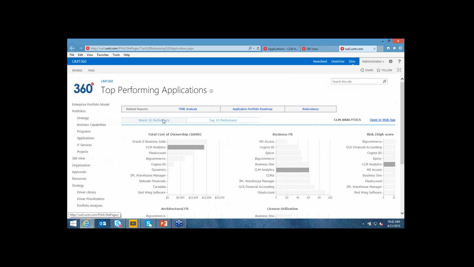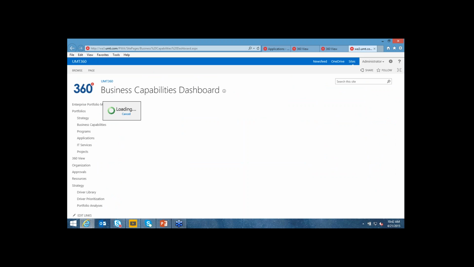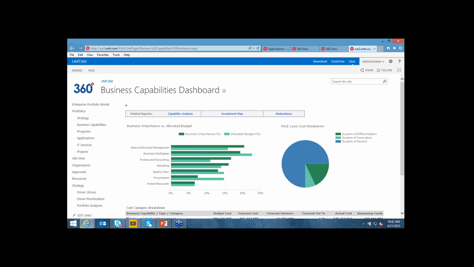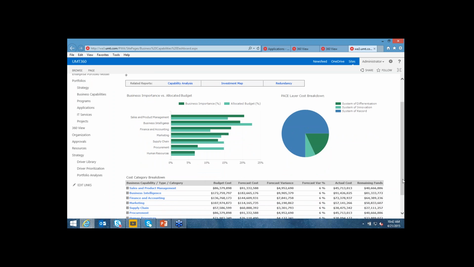Now, I'm actually going to generate another view here and look at the business capability dashboard. In this particular model that we've defined here, we had business capabilities, the core functions that our business runs upon, at the top of our model. We haven't gone into how to build a business capability inventory, but basically at this highest level, what this is showing me is my core business capabilities and their business importance, and how we're spending the allocated budget in accordance